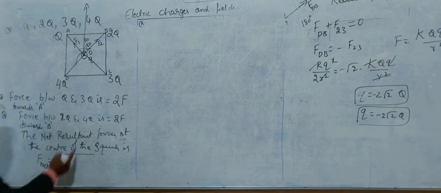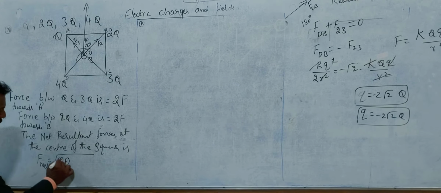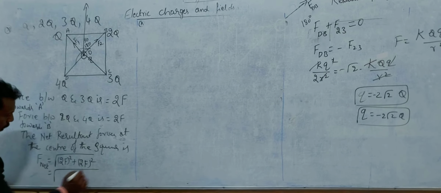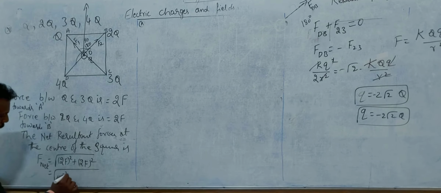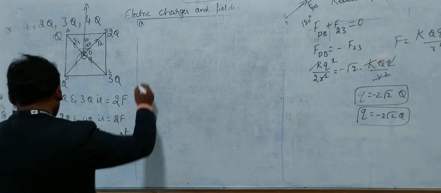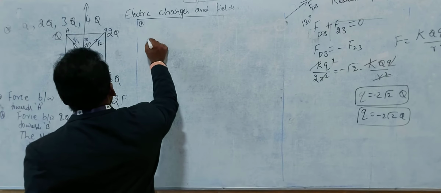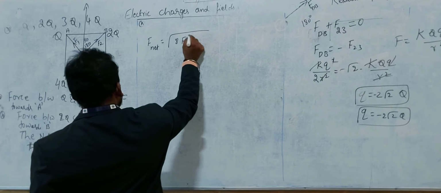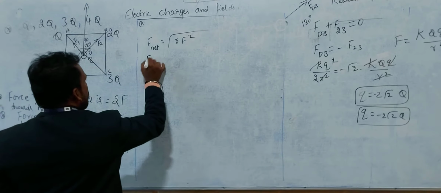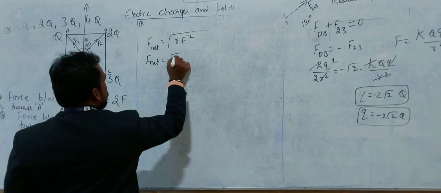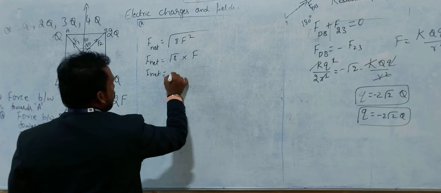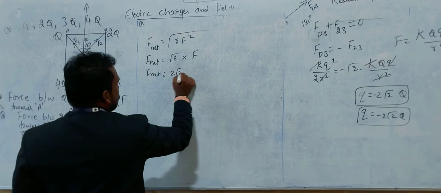Therefore, square root of F1, which is 2F whole square, plus 2F whole square. Simplify this equation. We will get 4F square plus 4F square. 4F square plus 4F square is 8F square. F net is equal to square root of 8F square. F net is equal to root 8 into F. Root 8 is nothing but 2 root 2 into F is equal to